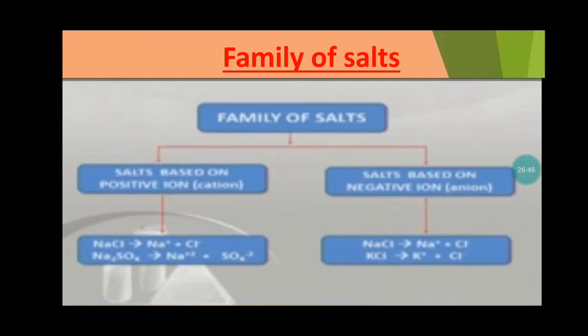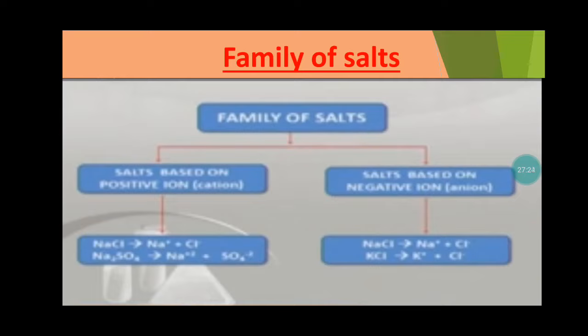Now take another salt, Na2SO4. What cation is formed? Here it forms Na+ ions. That means it is a cation. You take the other ion, the anion. Which is formed? It is the sulfate ion, SO4 2- ion. Now look here, children, which is common in both these salts? The sodium ion is common, Na+ ion. It is a cation, so it is called a sodium salt, otherwise a cation salt.